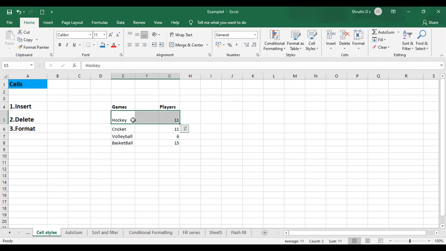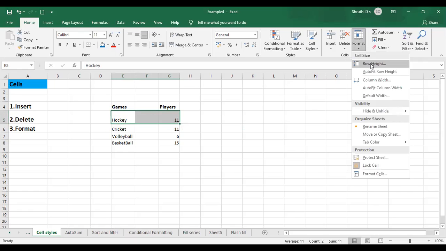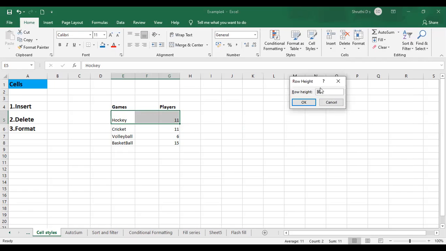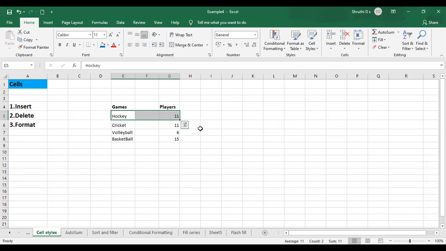Click OK. As you can see, the height of the row has increased. If I want the original size back, or want to decrease it, go to row height again and give 21 again, or even smaller values. Click OK and it will bring back the size.